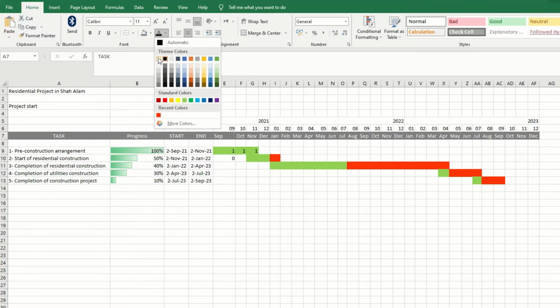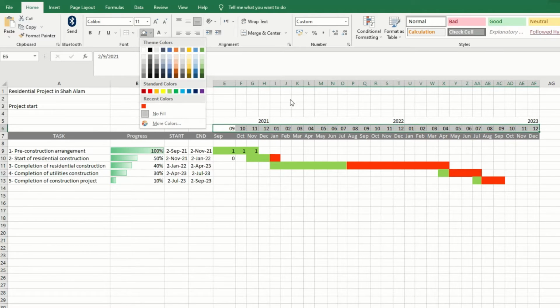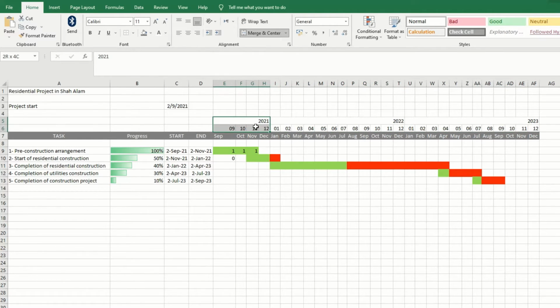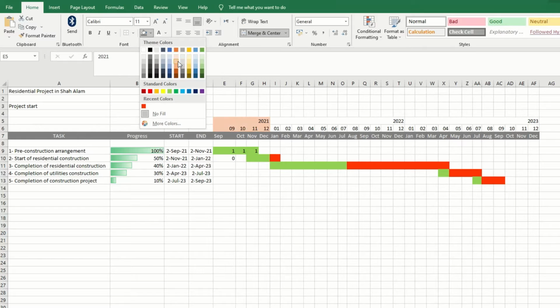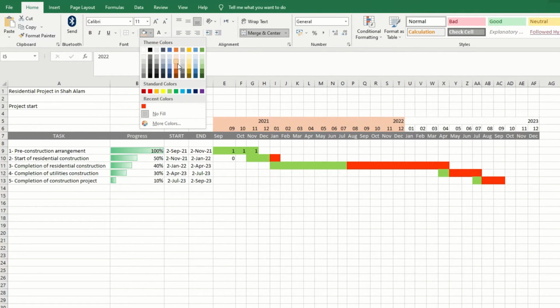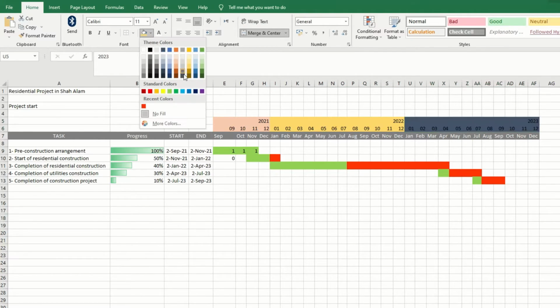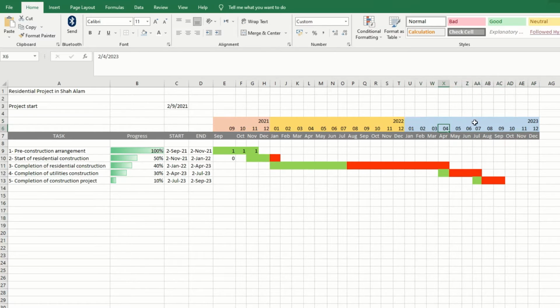So just choose the color for the column header, and differentiate the color for each year. Just choose your preferred color. So here we got peach, yellow and blue to differentiate these 3 different years. So just touch it up,